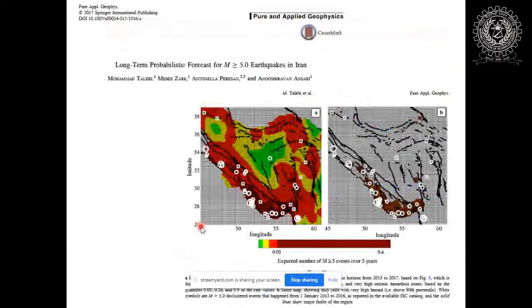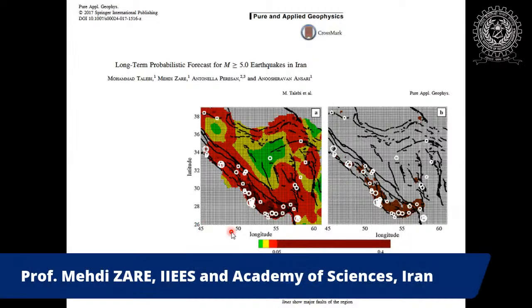And this is one of our assessments, a long-term probabilistic forecast of magnitude greater than 5 earthquakes in Iran. One of my previous students, Dr. Talebi, has been working on this, published in Pure and Applied Geophysics. And this is the map